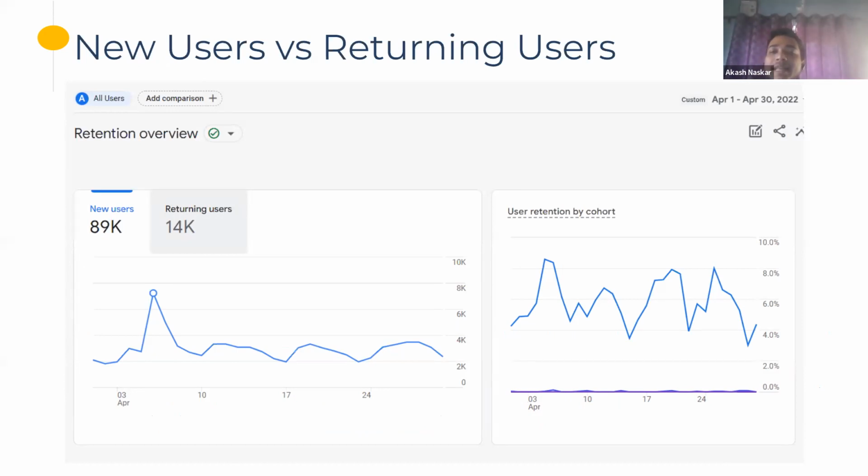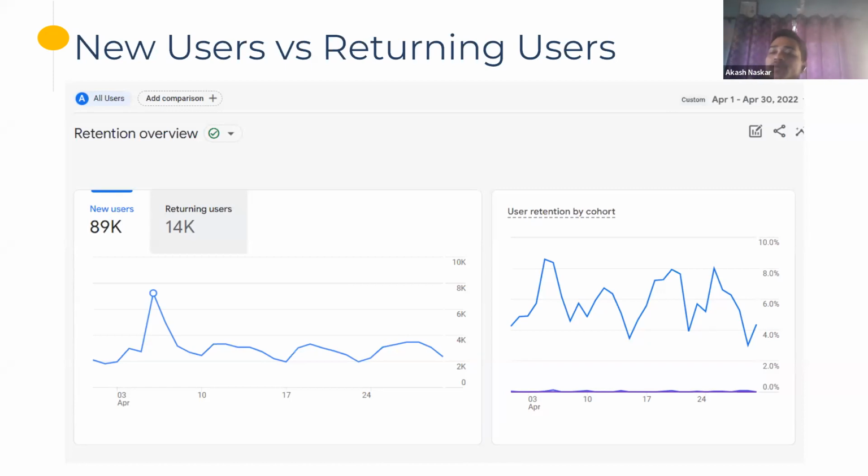For example, let's say you are a car brand, right? A person purchases a car every 4 to 6 years. So if someone has purchased a car right now, they will not visit your website for the next 4 to 5 years. In that case, the new users number will be more and the returning users number will be less. But if you're selling some repeat purchase product, for example a beauty product or groceries, every month you require groceries.